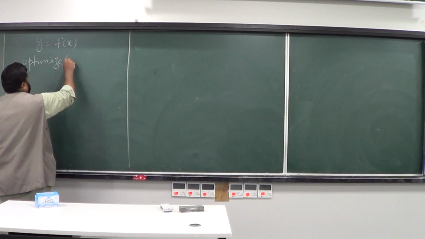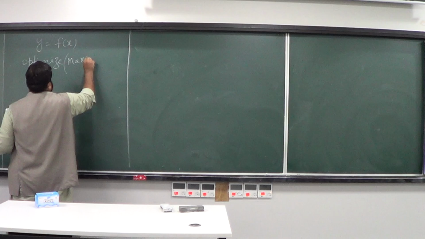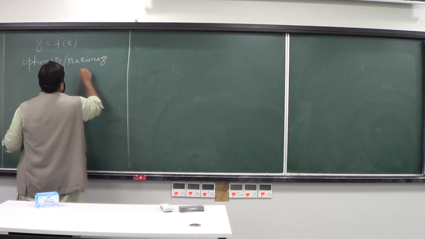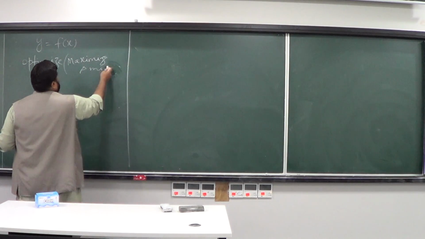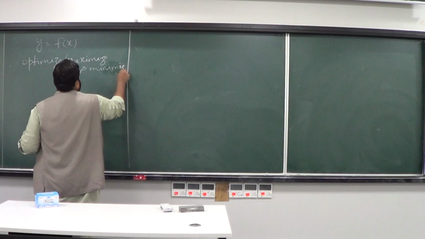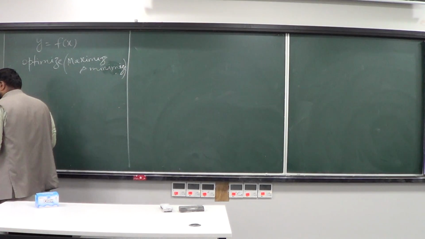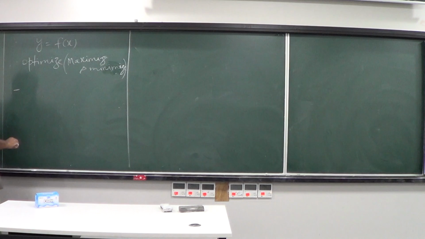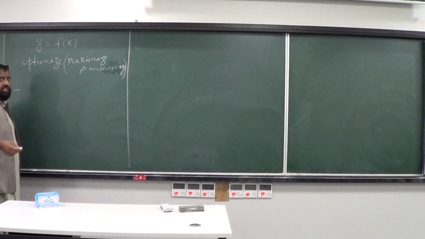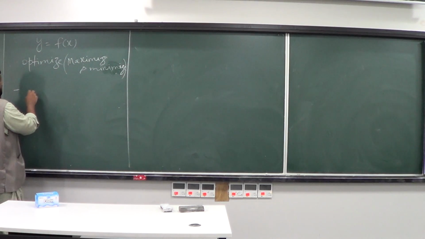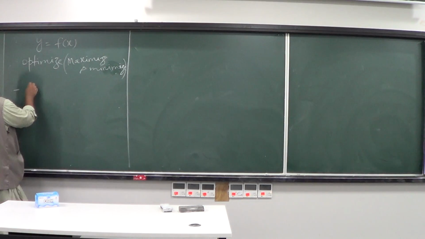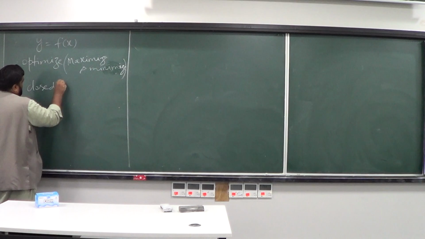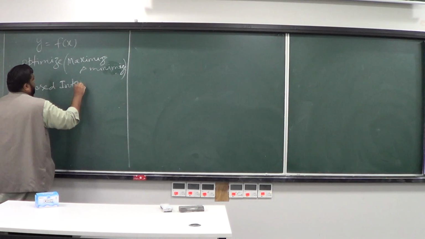By optimization, I mean how to maximize and minimize such kinds of functions. So far we have covered three basic methods for computing and knowing the maximum and minimum and points of inflection for a given function. So we did the closed interval method,